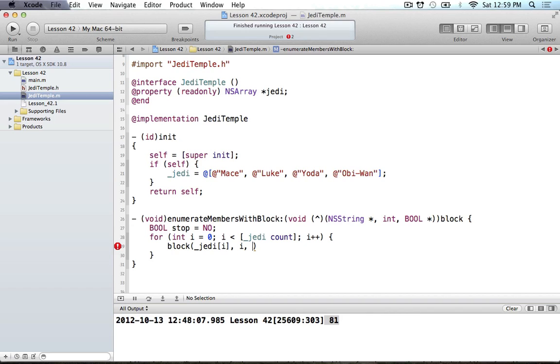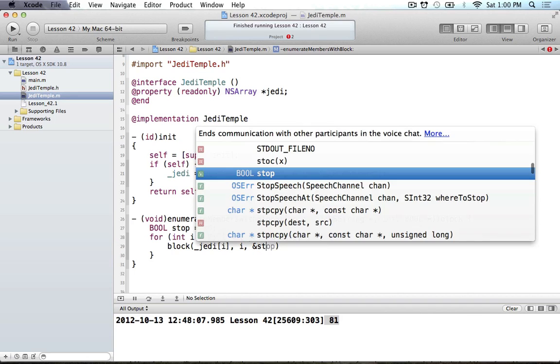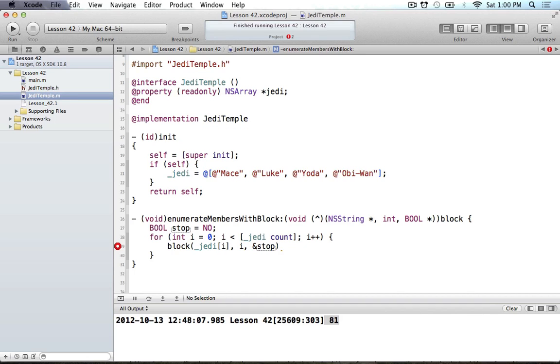If I want to give them the pointer to the stop variable, all I have to do is pass in the address of the stop variable, and that's done by using the ampersand sign, and then stop. This goes back to the C tutorials actually, and if you forgot about the C tutorials, then you might have to go back and figure that out. But basically that was just something we did back in the beginner stuff. But really what this allows you to do is, when you just have a variable, you pass in the address of the variable. It allows the user